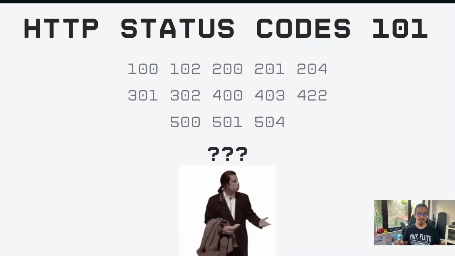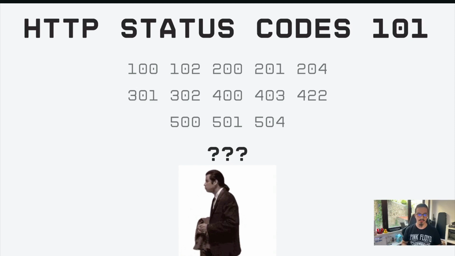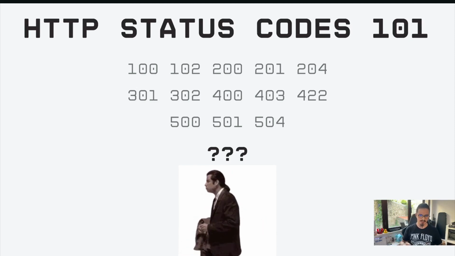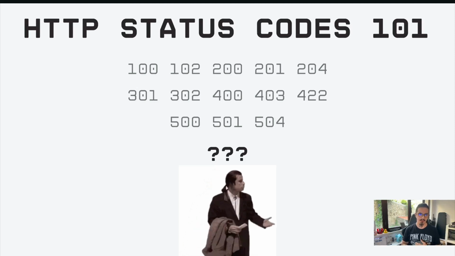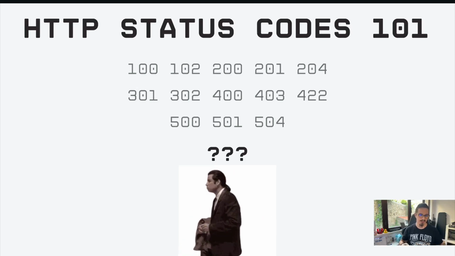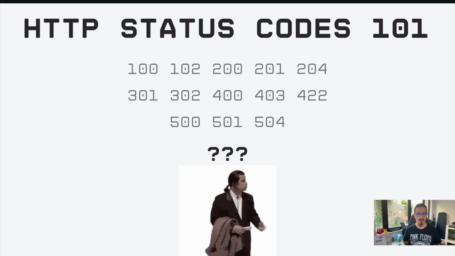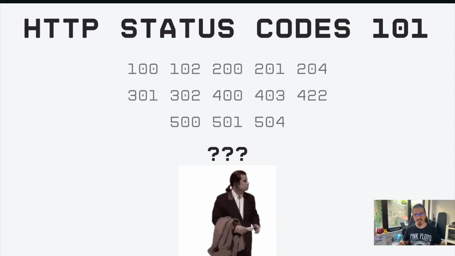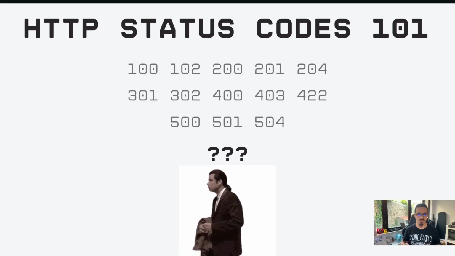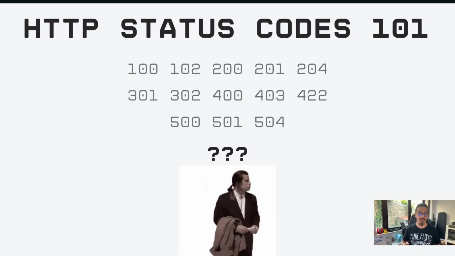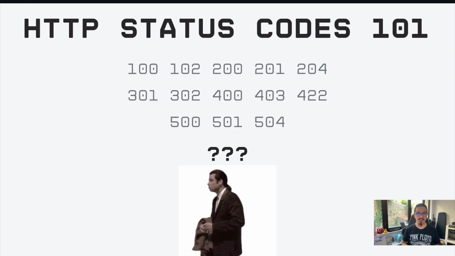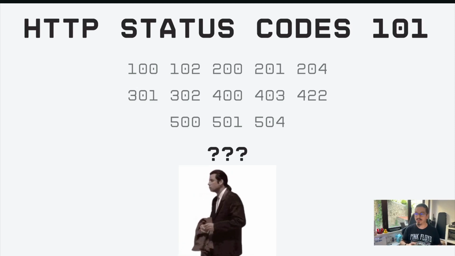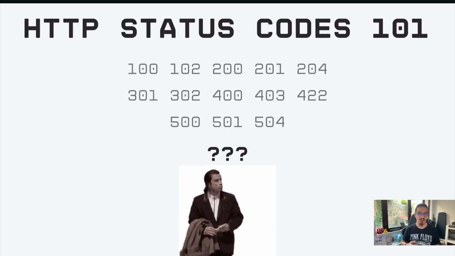So first, HTTP status codes 101. There are a lot of HTTP status codes out there. As you can see, we have a wide range of codes like 100, 102, 200, 201, 400, 422. But what do these status codes mean, and how can we know that we are using the correct ones for our APIs and our endpoints? So